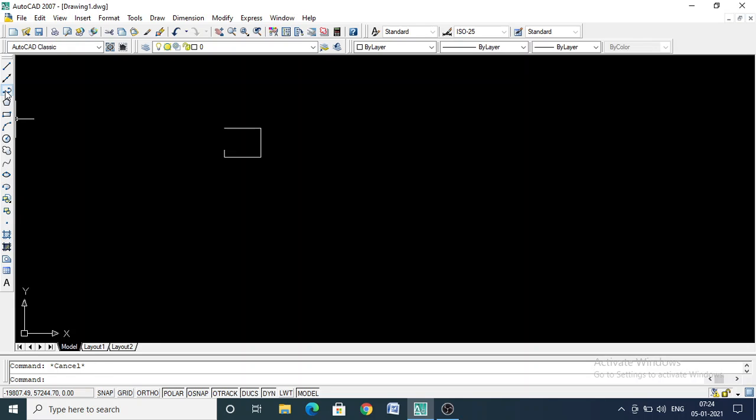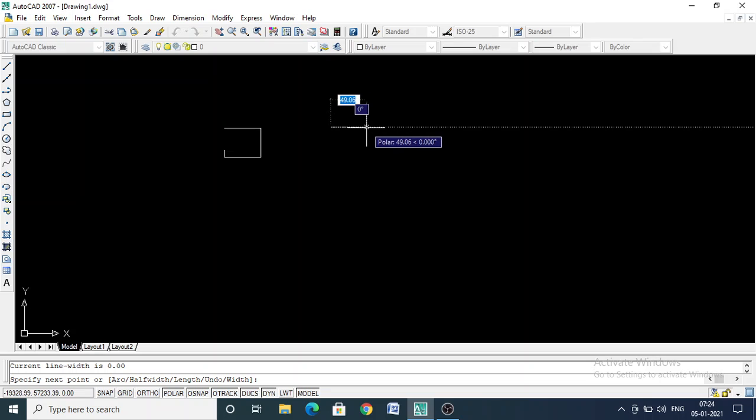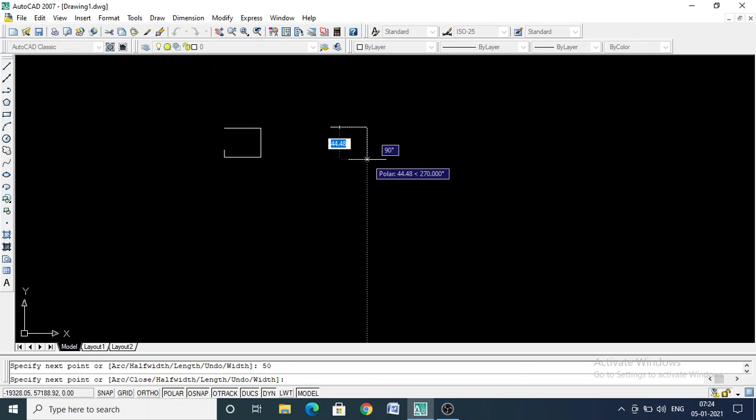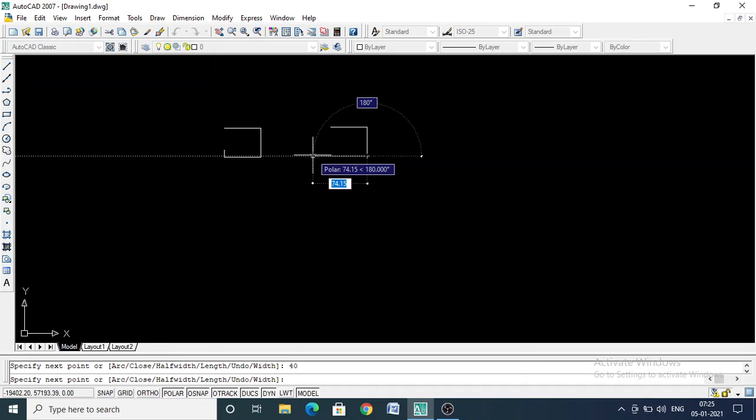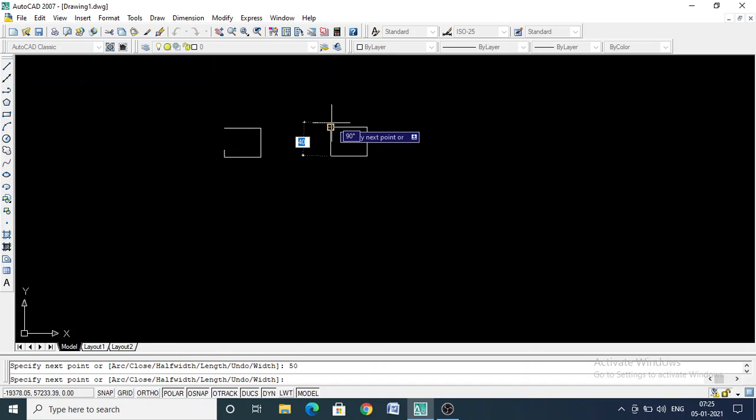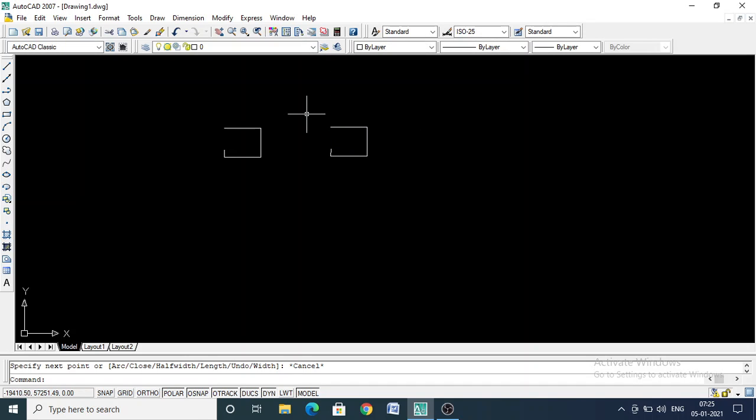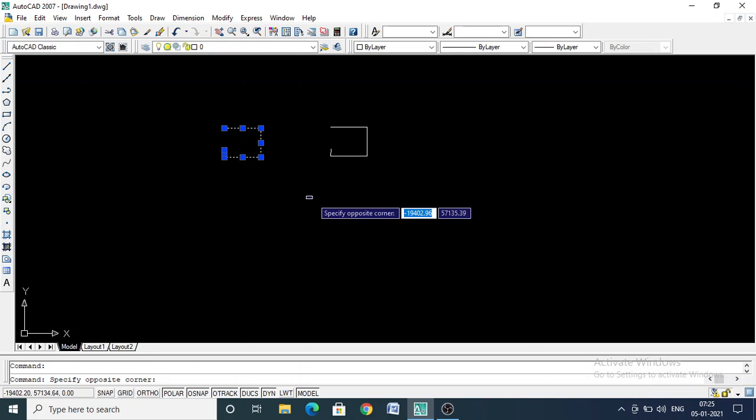But if I choose a polyline, if I give same 50, enter, 40, enter, 50, enter, and 10, enter. Same drawing I have drafted. But if I select this one, this is entirely one single line, whereas this is a segment. So polyline is something where you can draw a number of segments, but it will represent it as one single